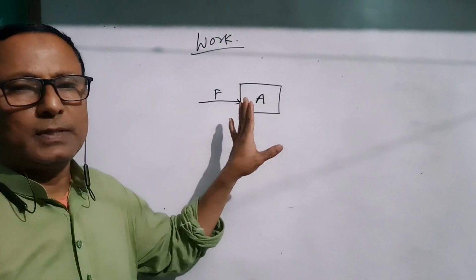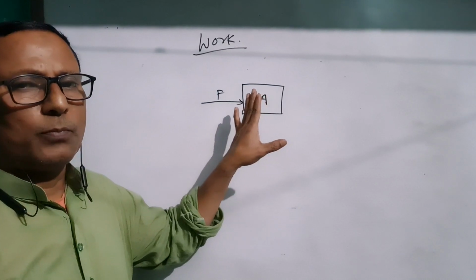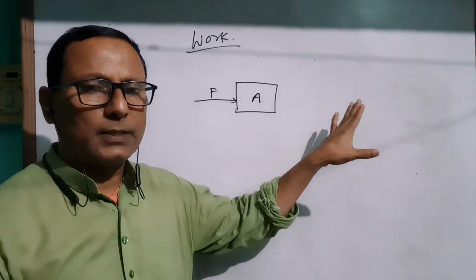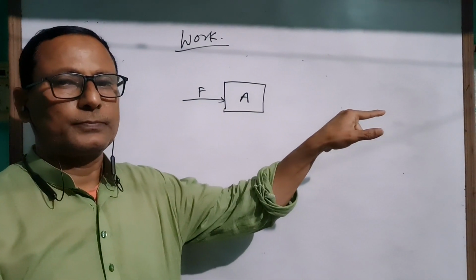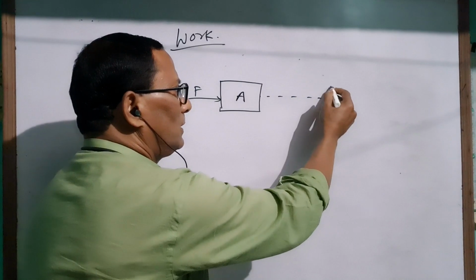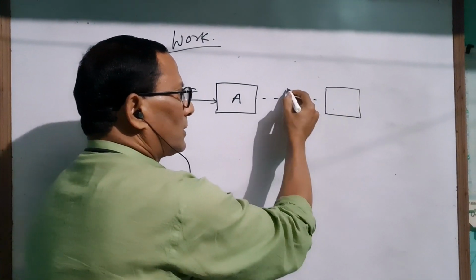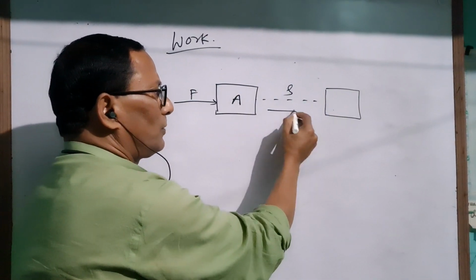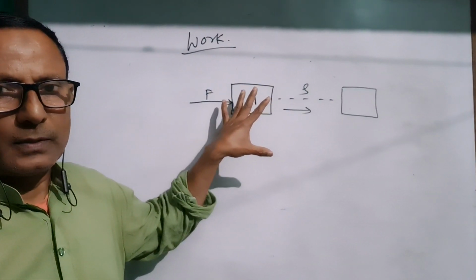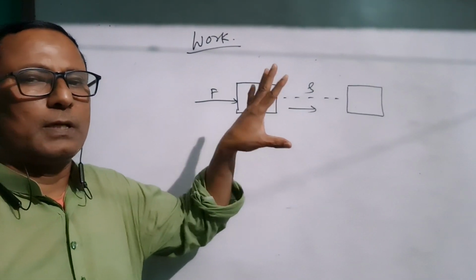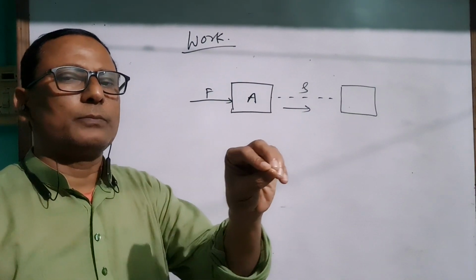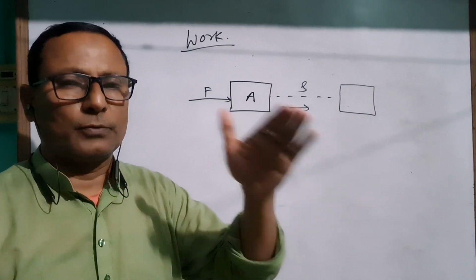a force F is applied on it, and the body moves or covers a certain distance in the direction of the force. The body moves from here A to B, and it covers a distance S in the direction of the force applied. It is said to be work done by force. Work done by force means what? When a force is applied on a body and the body covers some distance in the direction of force,